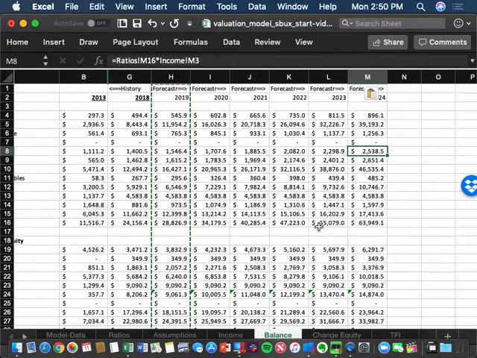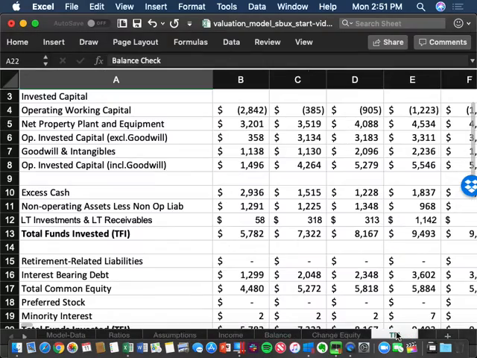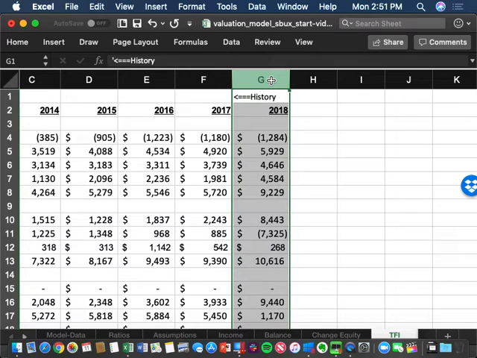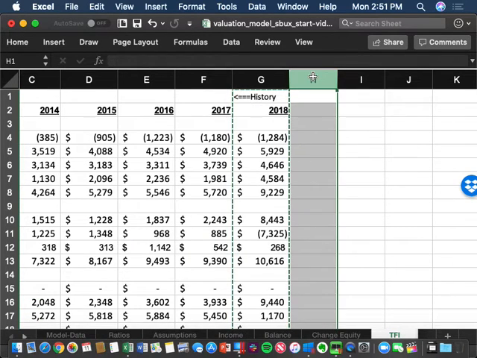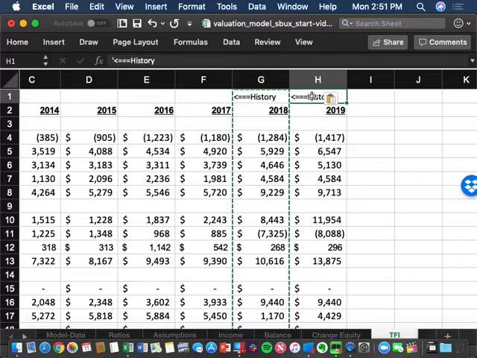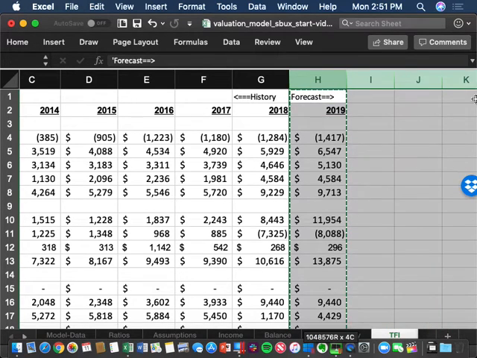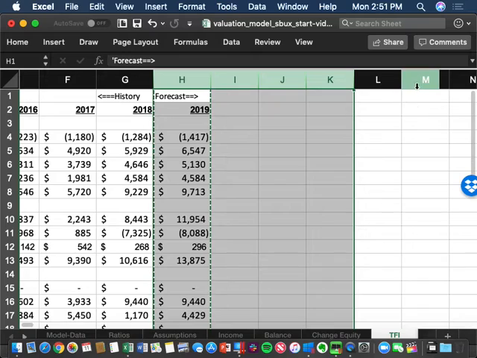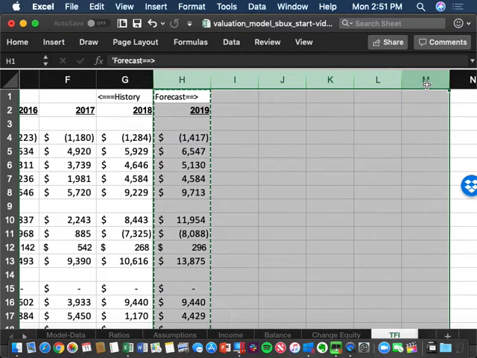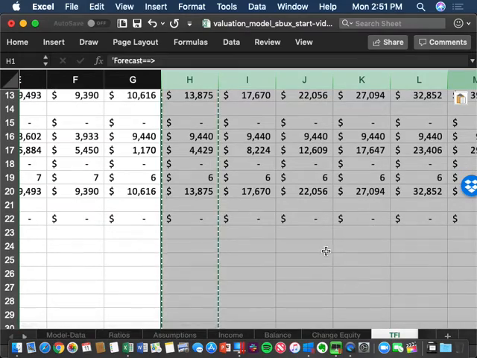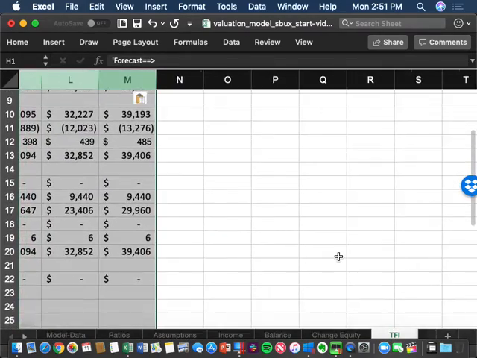Then TFI. Go to your TFI tab. Take column G, copy it. Column H, paste it. Take H1, say forecast instead of history. Take column H, copy it. Go to column M as in Mary. Paste it, and we should now have TFIs. Look at the balance check, which is row 22, that balance going